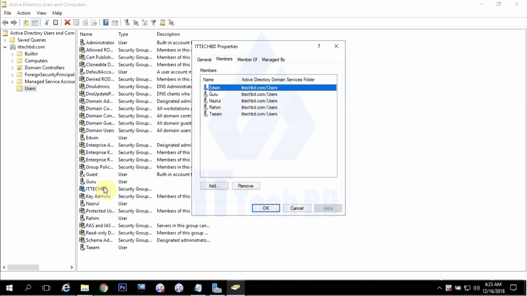So for the HR department, you can create an HR group. For accounts, you can create an accounts department group. For the planning department, you can create a planning department group. For the operation department, you can create an operation department group. Like this,